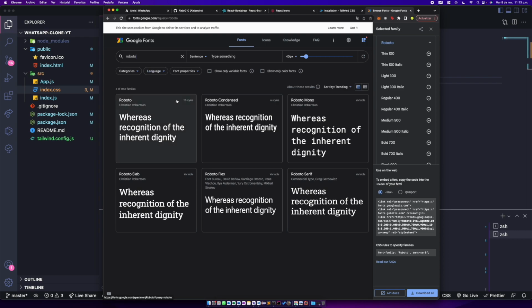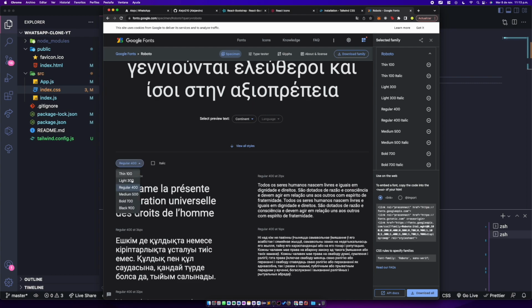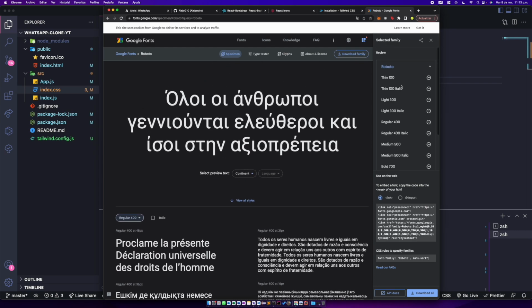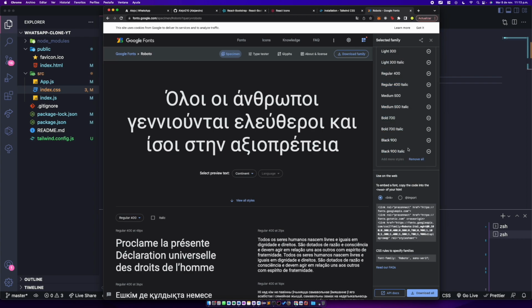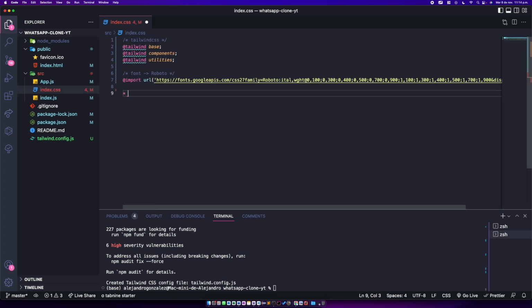So search for Roboto, click it, and make sure to add pretty much all of the possible Roboto styles, font styles or font weights. Once you have all the Roboto styles here, click on import and copy the lines that are in between the style tag. So from the at import to this semicolon. So I'm gonna go ahead and copy it, go ahead and paste it here,